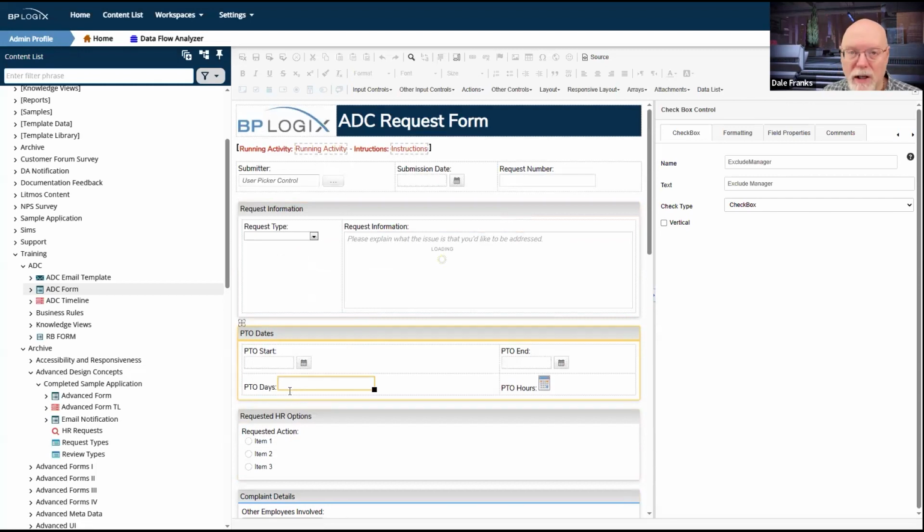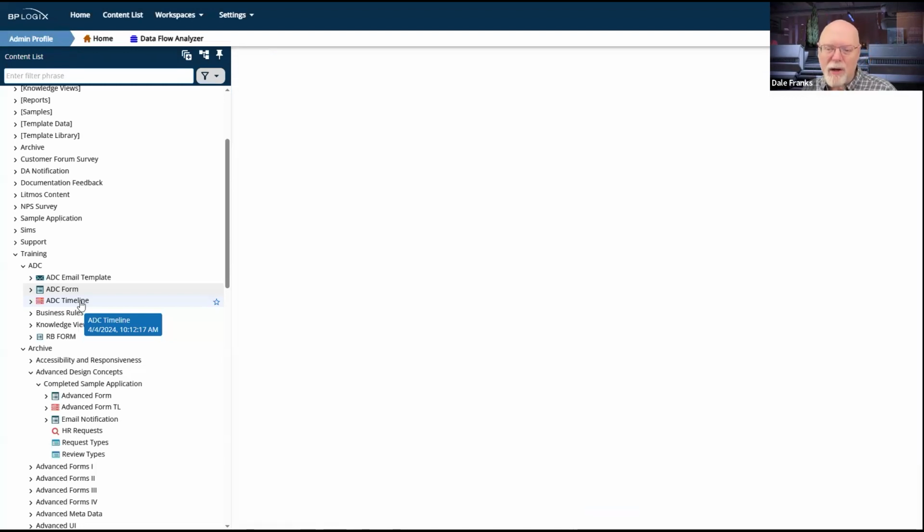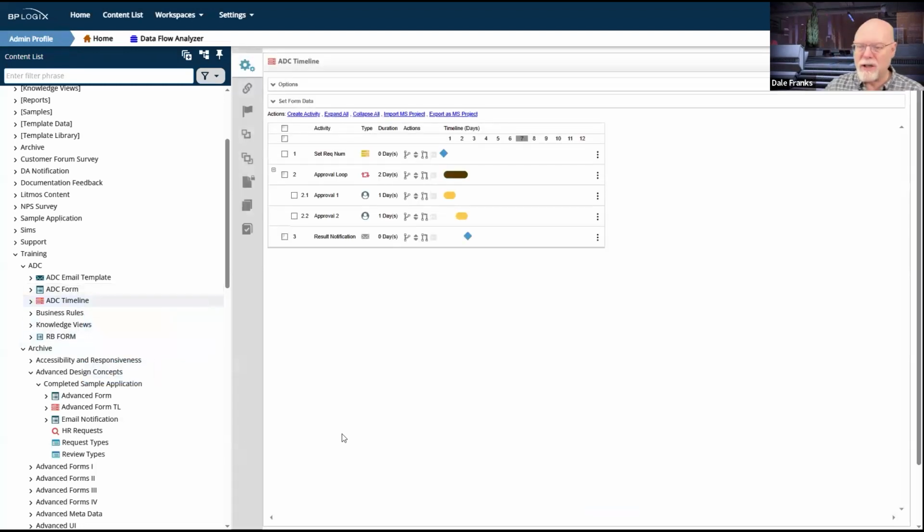Now, the process timeline that we have is the template timeline that was built into my application shell template. So it's already got some stuff pre-configured for me, which is good, and also bad because I'm not going to like this particular configuration and I'm going to have to change it. But here's my process timeline.